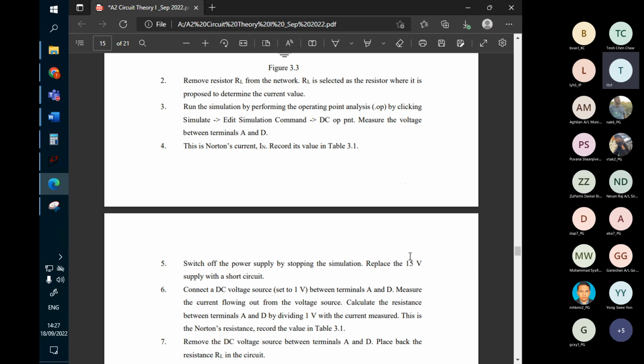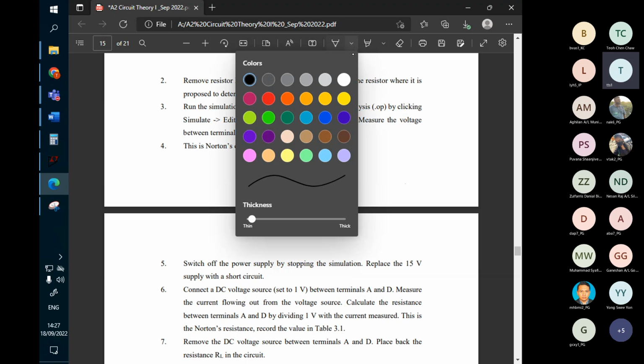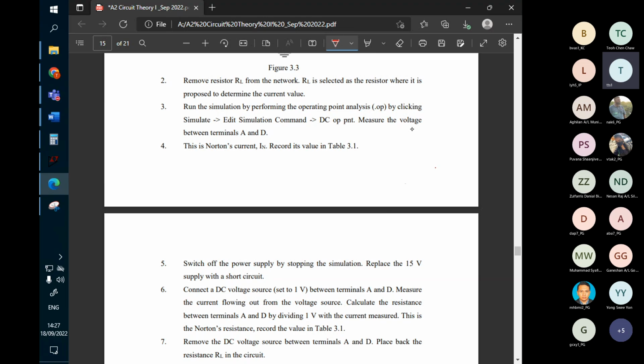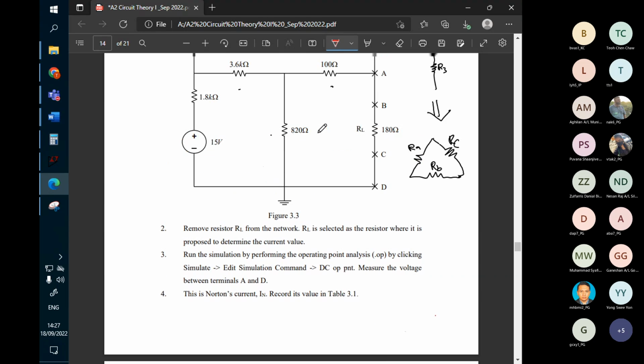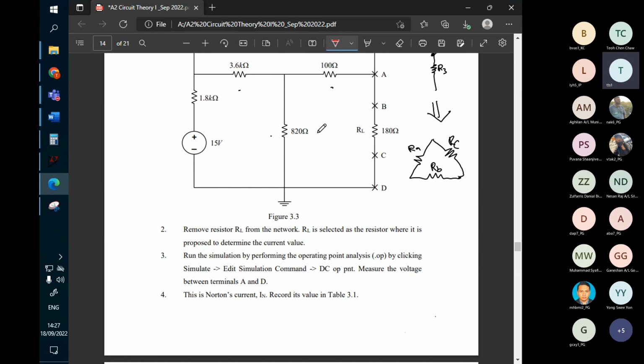Okay, let me guide you how to do this. That's why you need to attend the lab like this, so they know what to do. We need to change this one to measure the voltage. I think we're still measuring the voltage. But what we do is